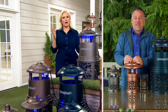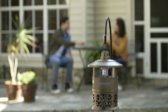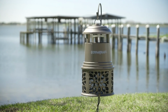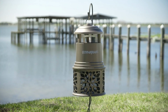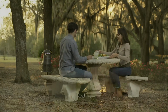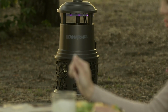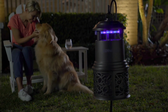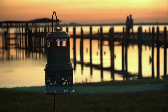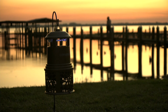Our area is about 1/3 of an acre, so we went ahead with the 1/2 acre just to make sure. I say at this price where you're saving, if you're in between sizes, size up. I would definitely size up with this one. And then you're just giving your neighbors a little bit of an extra gift because you don't want to have too little. And now, if you want to put this, like you said, don't put it in the middle of the picnic table, because it actually attracts